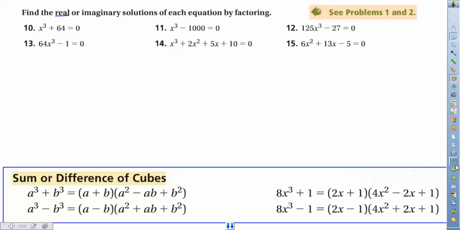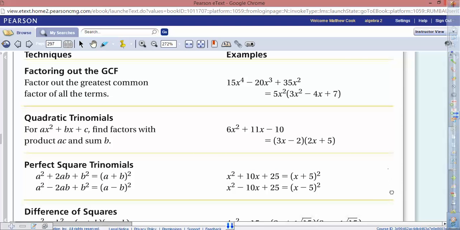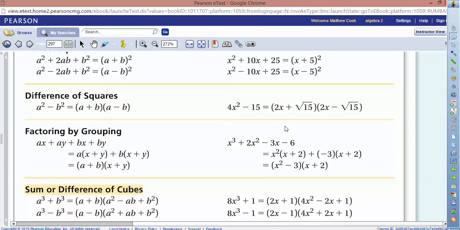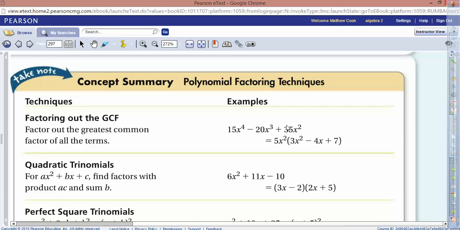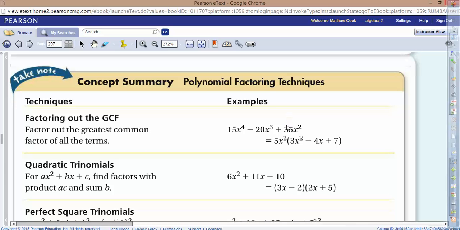Now, if you watched the 5-3 video, you saw me extensively go over all of these that you see here in terms of factoring polynomials. Okay, I love the fact that when you look at this one here, the very first one that they show you is factoring out the GCF. That should always be the first thing you look for, no matter which problem you're being asked to solve by